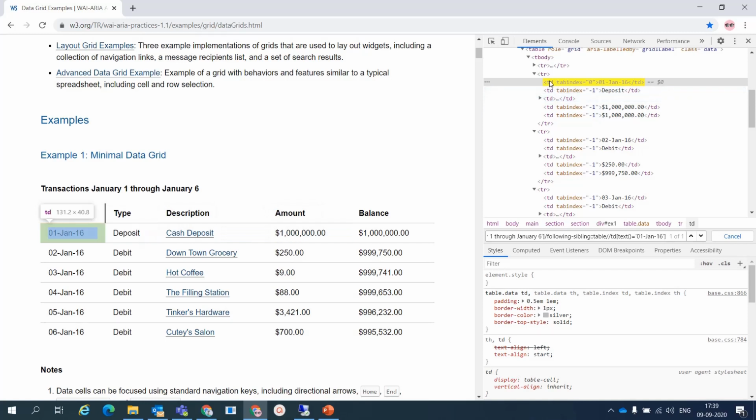So we have this, and what we want is the value of his sibling. What number sibling? 1, 2, 3, third sibling. We want the value of the third sibling of this date. So I will just give slash following-sibling, but we need to mention the name of the sibling, and the name of the sibling is TD. These all are TD.